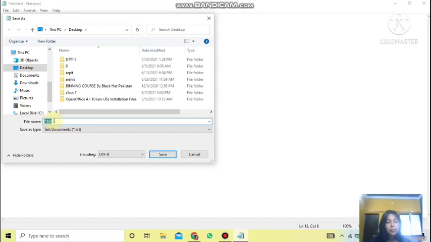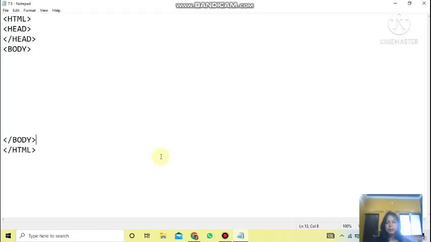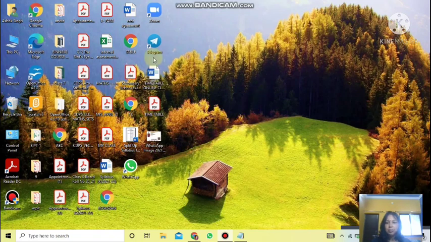But you need to save it with the extension HTML if you are creating a web page. So on desktop, suppose the name of the file I'm giving is 7e dot, and in small letters you must type html. In capitals it will be wrong. All the extension names are always given in small letters. Then click on the save button. Once it is saved, minimize this and go to the desktop. Can you see 7e somewhere? Here it is. Just double click it and you will see the file open.